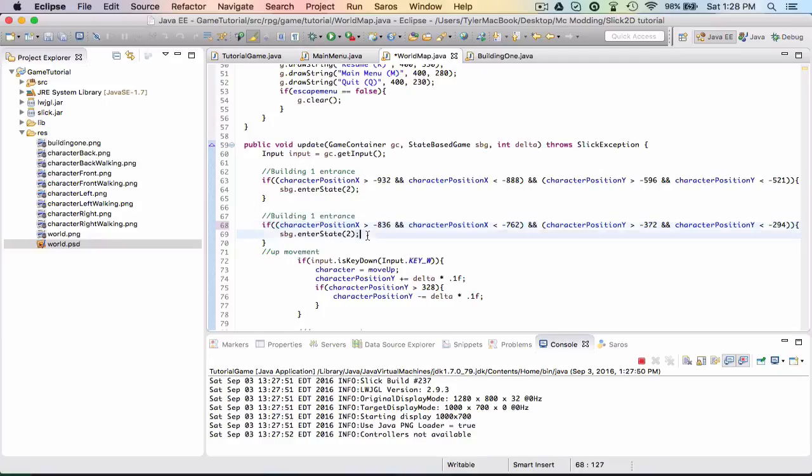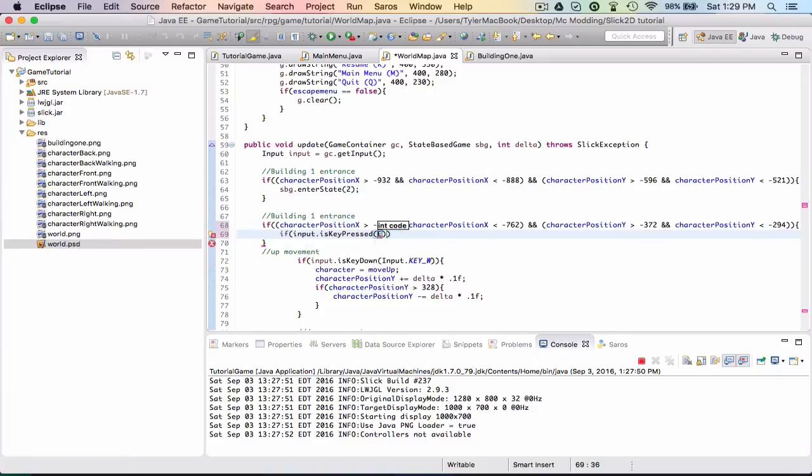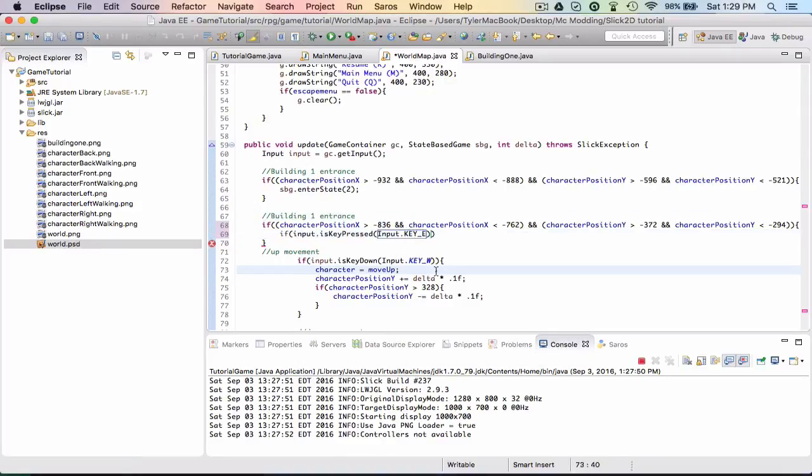So if the player is in there, and if input dot key is pressed, oh no, sorry, is key pressed. So is key pressed, E, or no, input dot, sorry, I haven't written this in a while, key E. So if E is pressed,